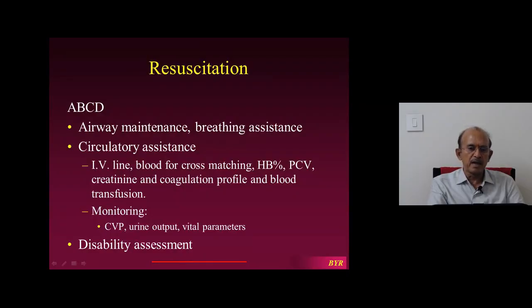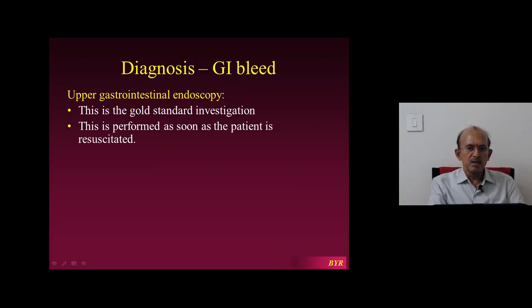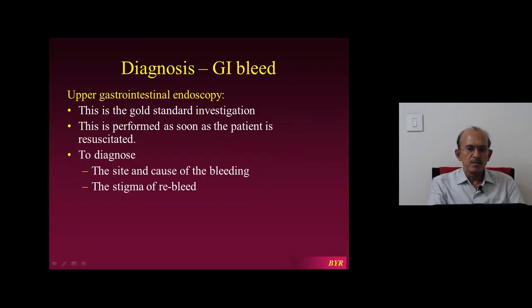So this is the resuscitation you do for any patient coming with bleeding. Already we discussed these points when we discussed shock, hypovolemic shock, the resuscitation principles of management of shock. Diagnosis: once the patient is resuscitated, you do upper GI endoscopy. This is performed as soon as the patient is resuscitated to diagnose the site and cause of the bleeding,